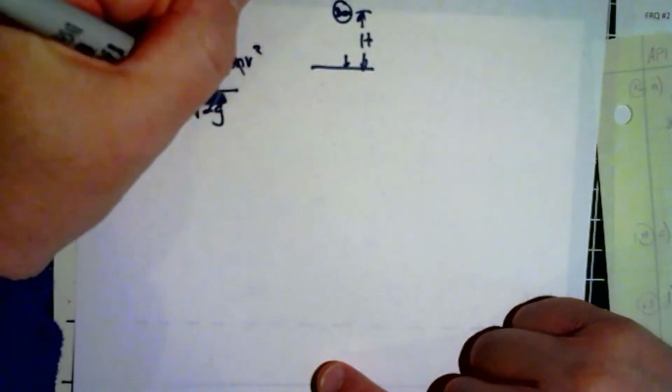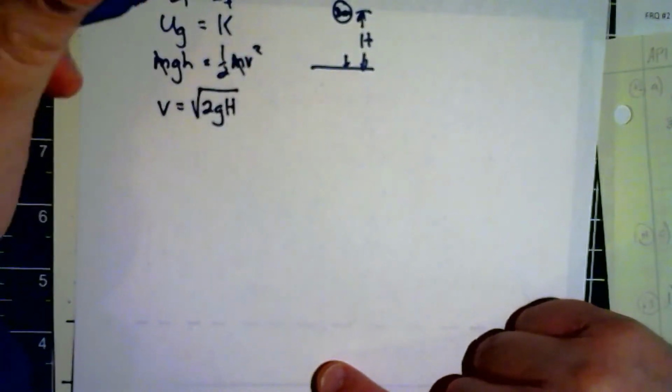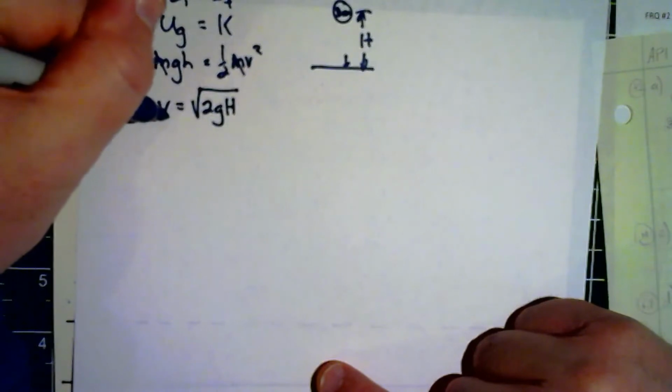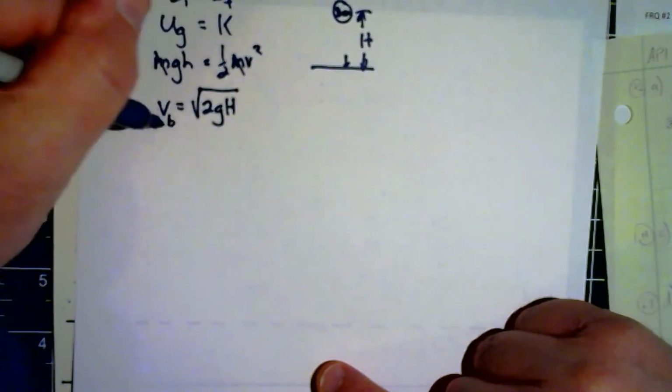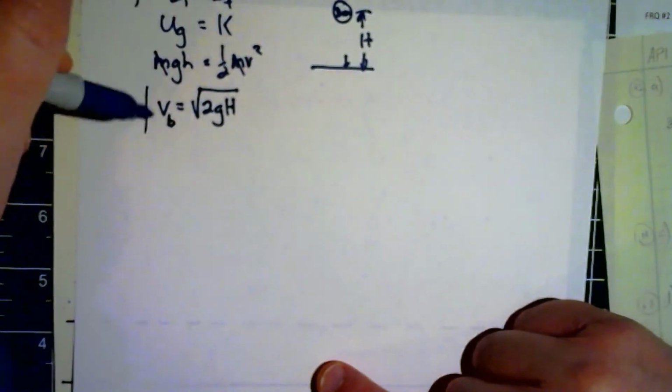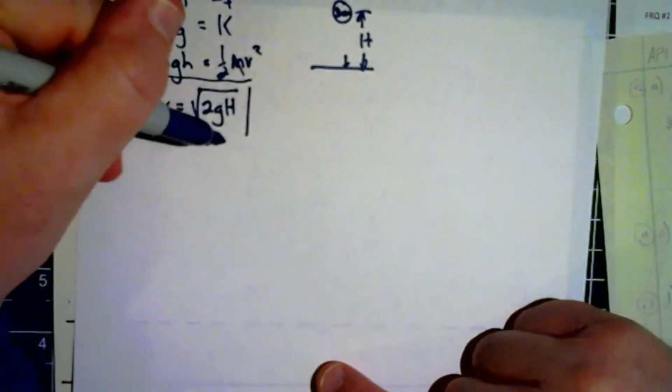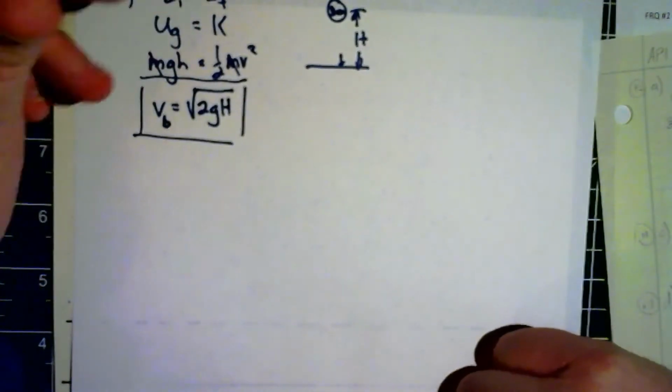Well, they give us a capital H, so I need to make sure I use a capital H. And they're saying what's the velocity of the ball, so I'm going to put the little subscript b down here for v ball. And that is worth 2 points for part A. Part B